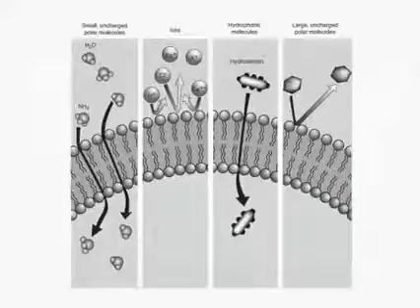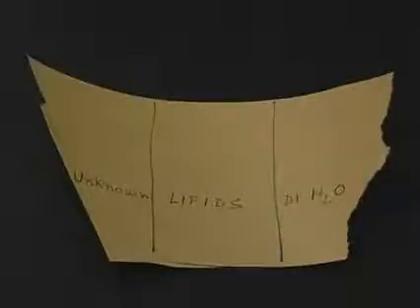A simple test for the presence of lipids in a substance is to determine whether they leave a grease spot on a piece of uncoated paper. Obtain a piece of uncoated paper, such as a brown grocery bag. Draw 2 lines on the piece, dividing it into thirds, and label them water, our negative control, vegetable oil, our test solution, and unknown. On the paper, place a drop of vegetable oil,